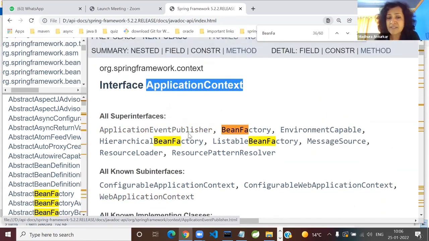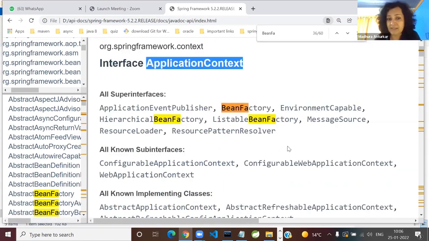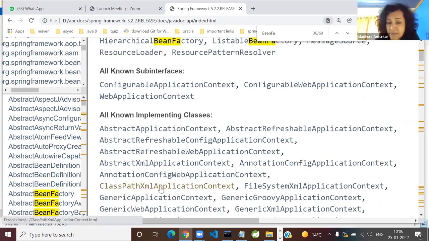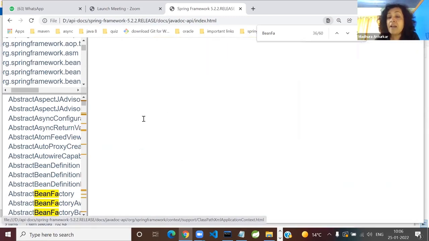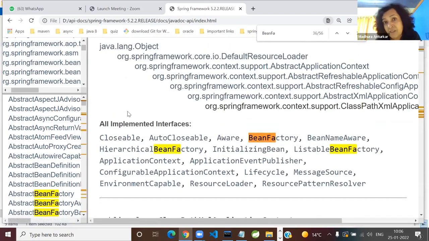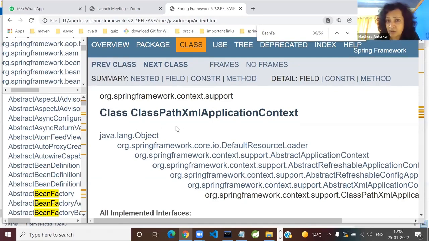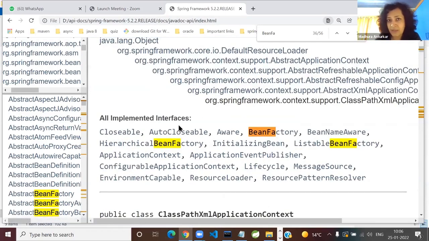The ApplicationContext interface is implemented by so many classes. Look at ClassPathXmlApplicationContext. Remember the short forms: OSCS, org.springframework.context.support. OS is all the time org.springframework, and CS is context support, not your computer science. You can see that it is AutoCloseable, so I can open it in a try-with-resources.